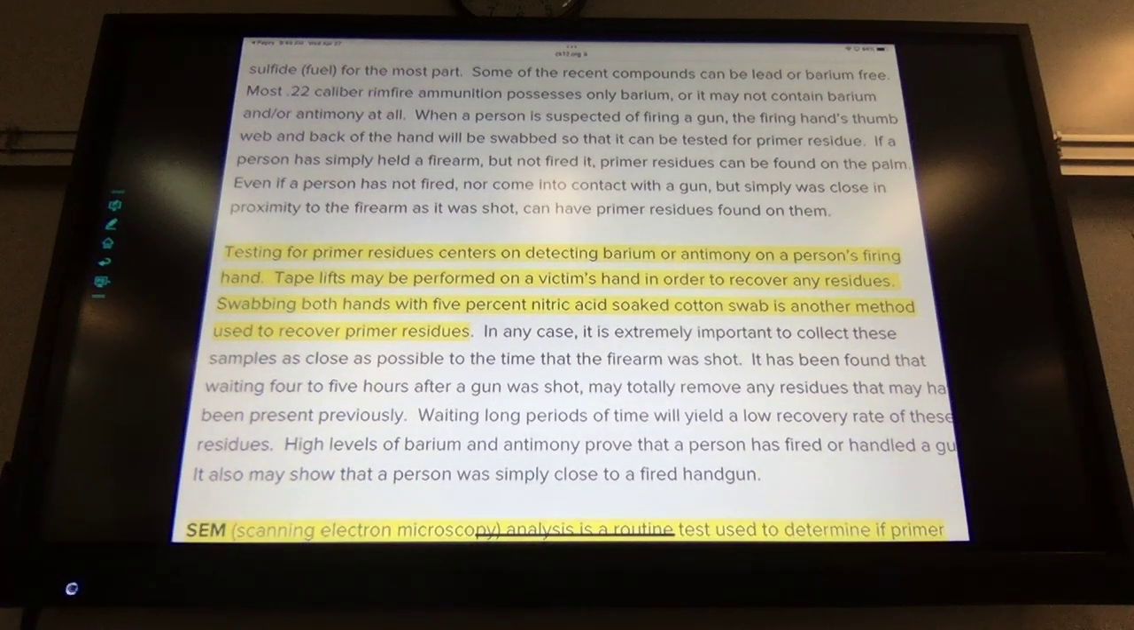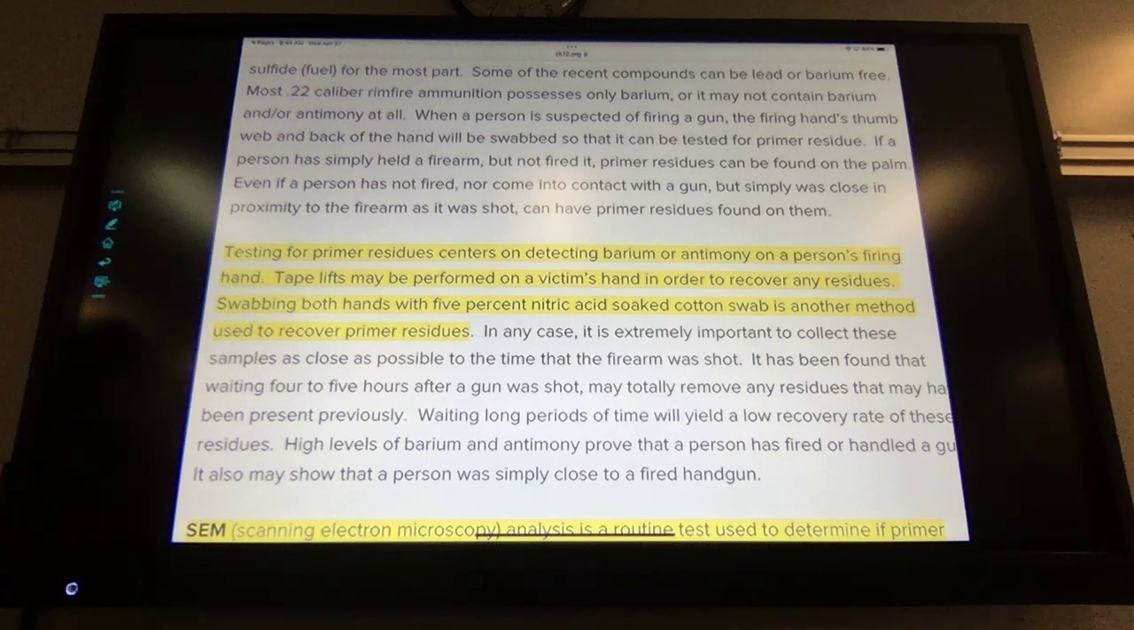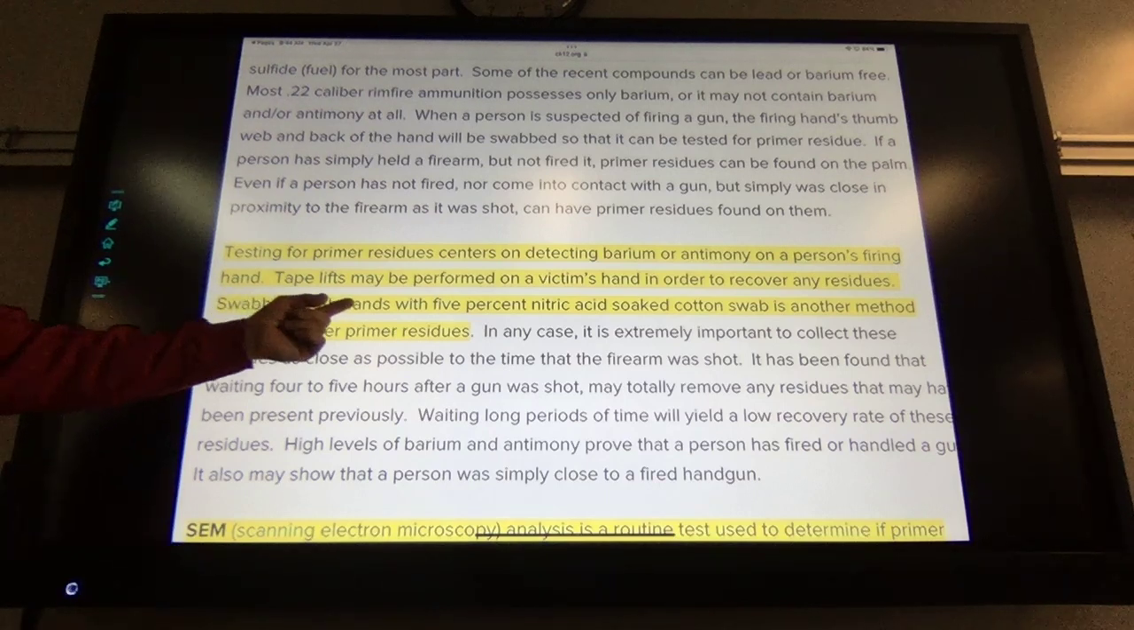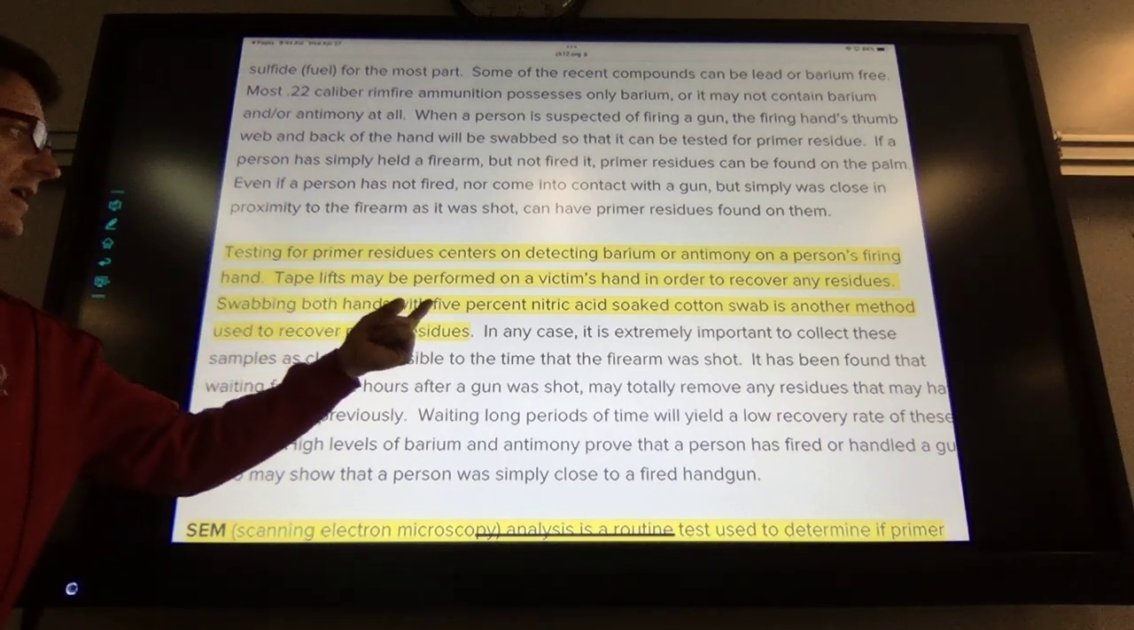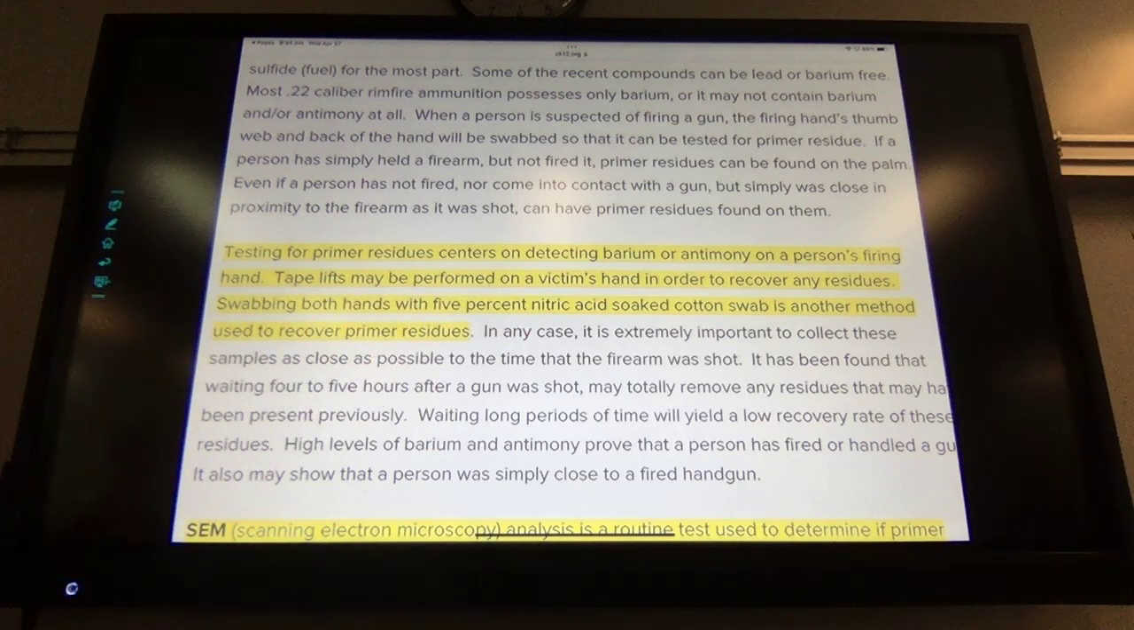Is it question number 8? How do they get this off of an individual? Two ways. They're going to test for the primer residue on a person by putting tape on them. So they'll just put tape, and the residue will be stuck to the tape. Or they're going to take a cotton swab, and they'll swab their hands with a little bit of nitric acid soaked into the cotton, and it helps to absorb the gunshot residue, so they get a good transfer onto the